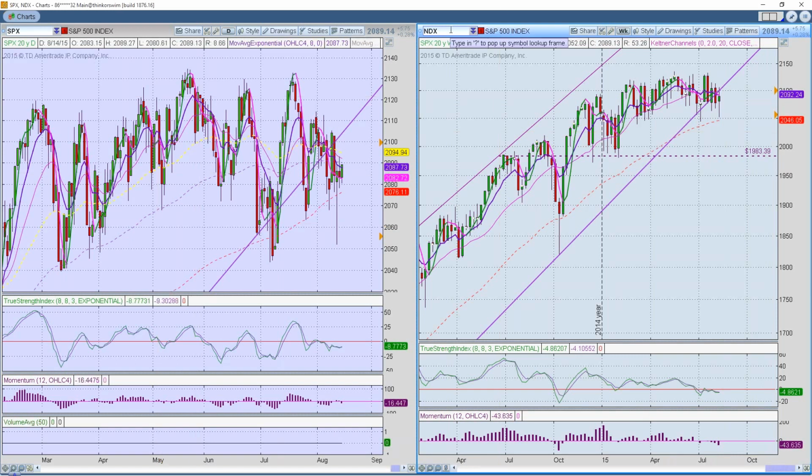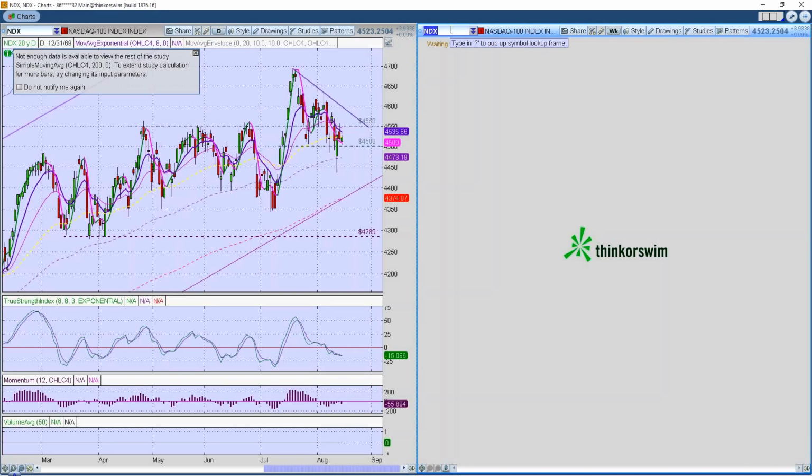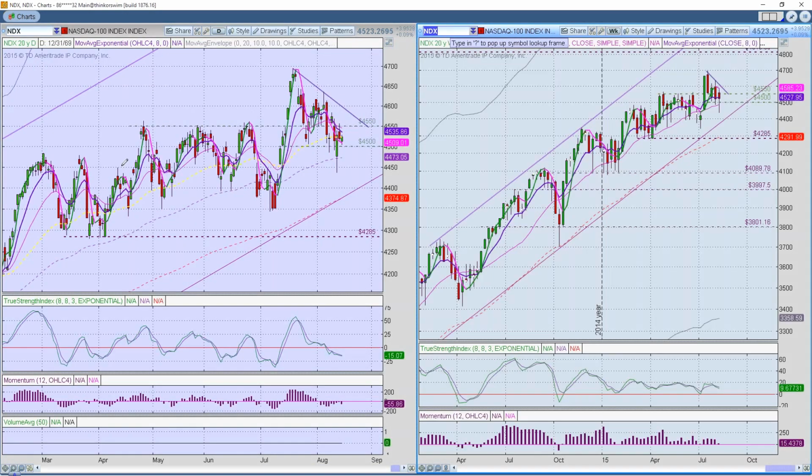Well, when we switch over to the NASDAQ, what we see is, there we go, a little bit messy, but these particular patterns are a lot more well-defined, a lot more orderly. And so since they are more orderly, one may want to lean towards either trading the QQQs and the index ETFs or TQQQ as a leveraged index ETF.